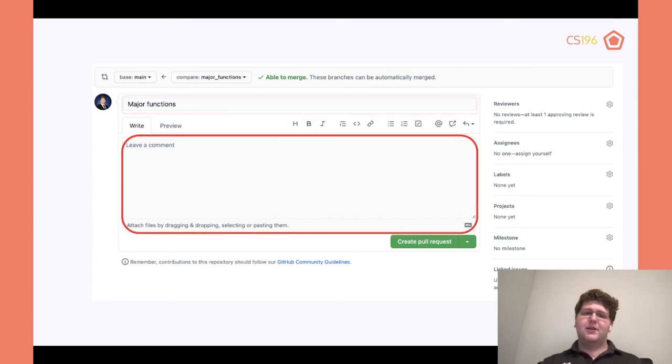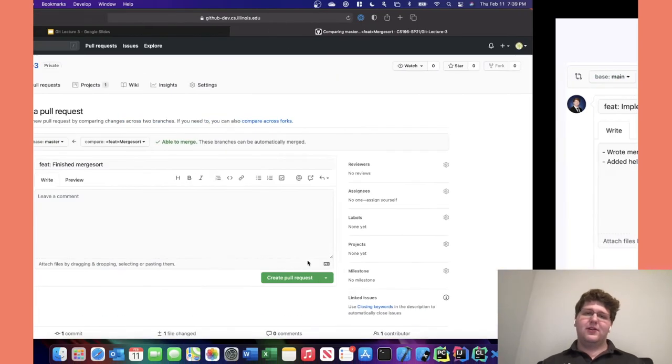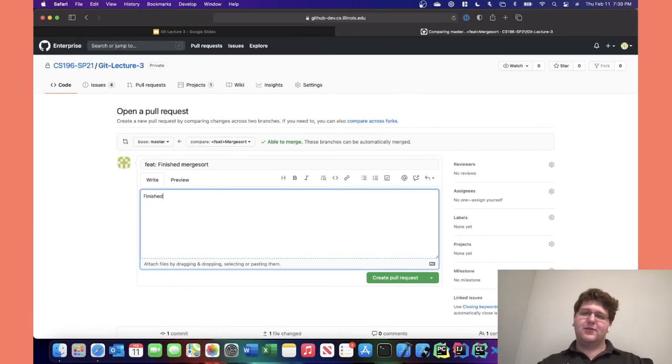Next up, we have the comment section. So this is where you're going to write, here's what I did. And so we are going to add some stuff in there. So in this case, we're going to say finished writing impressive merge sort function with incredible efficiency